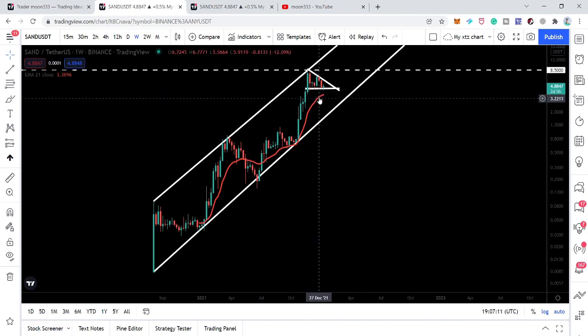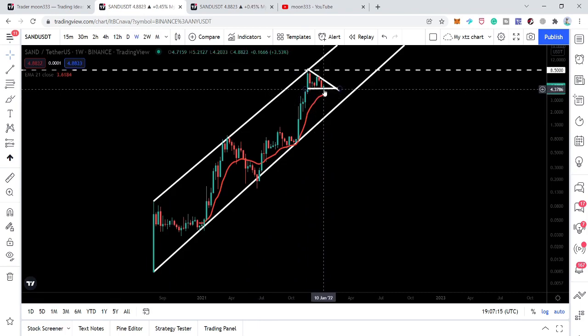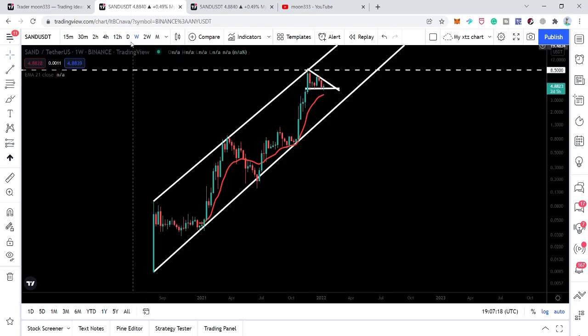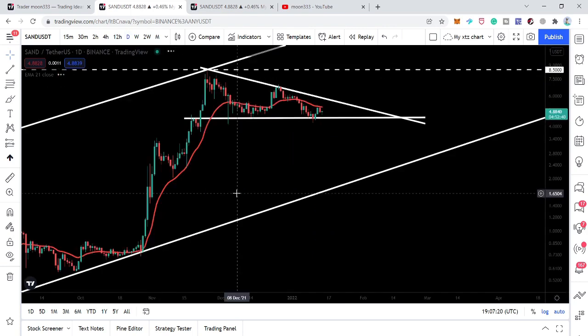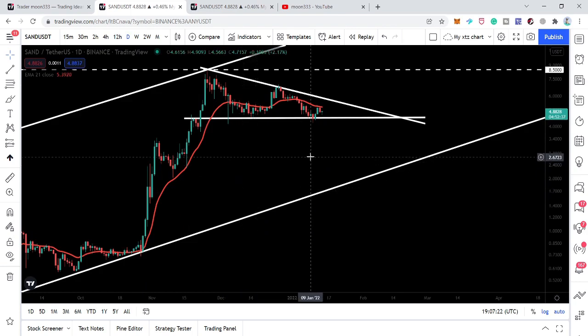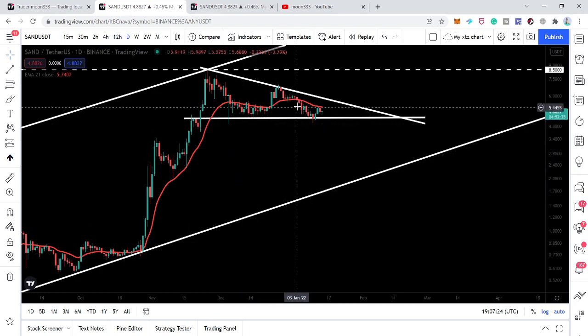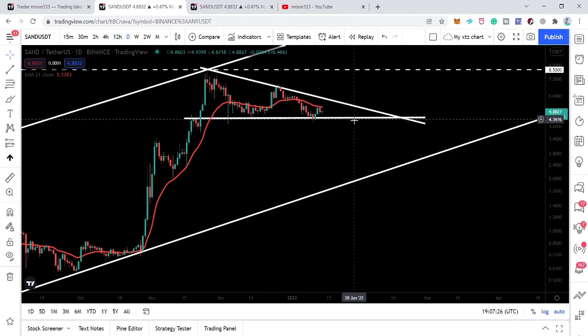And you can see that this EMA 21 is aggressively moving up, and soon it can provide support to the price line for the next move up. Therefore, I'm expecting that soon the price line can also break out of this resistance of the triangle, and you can see that this triangle is getting squeezed and more squeezed.